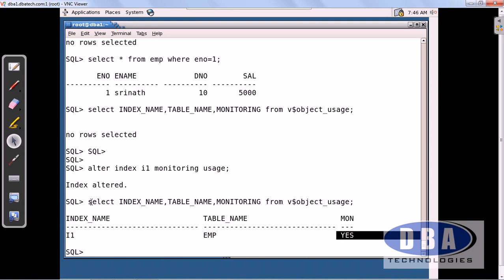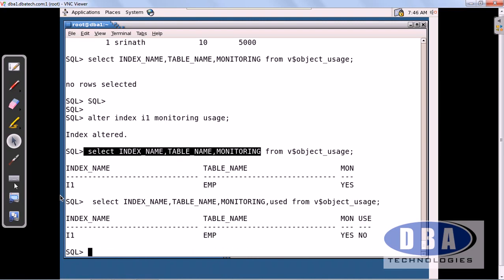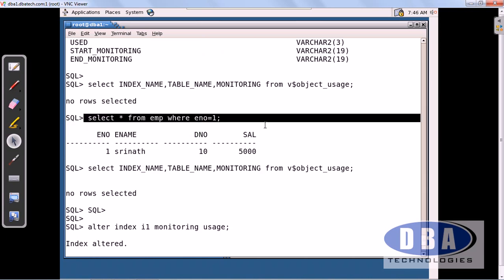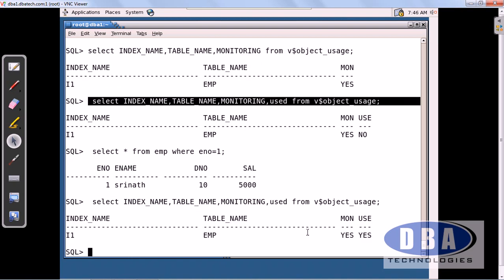And we can also select used from v$object_usage. It shows that the index is not yet used. After we started monitoring, the index is not used. Now we have used it. Now see this, it will also show that monitoring was started and the index is being used. Right? If the index is used, well and good. If the index is not used, drop the index.